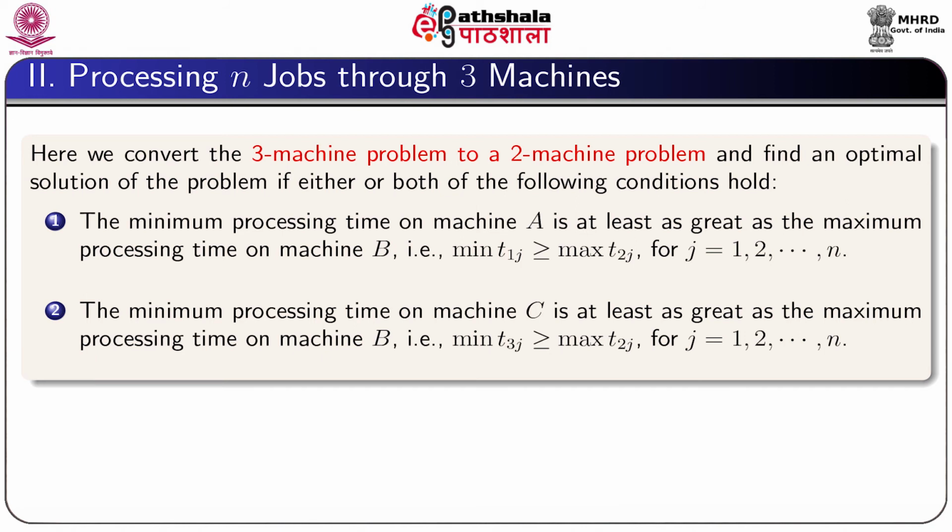There is no direct method of sequencing n jobs on 3 machines A, B and C. So, we will convert the 3 machine problem to a 2 machine problem,